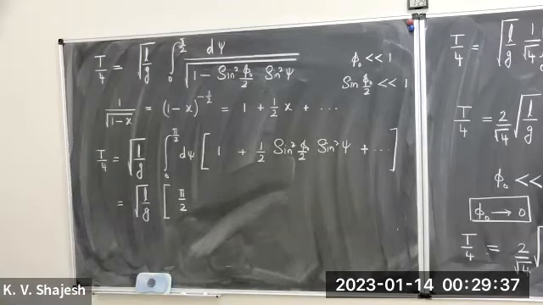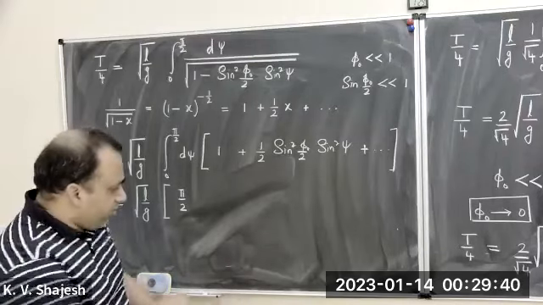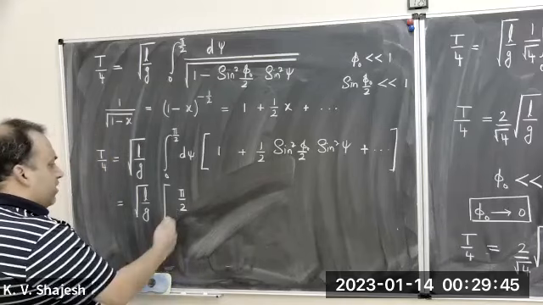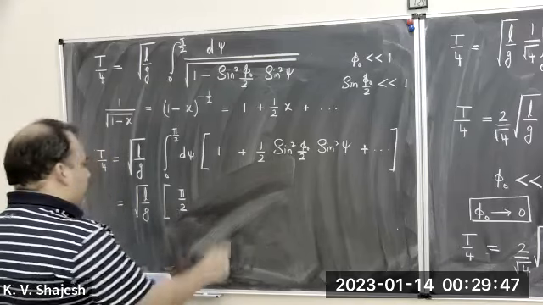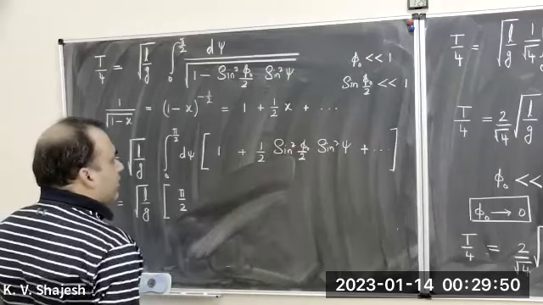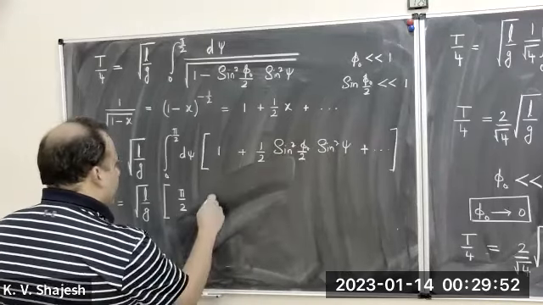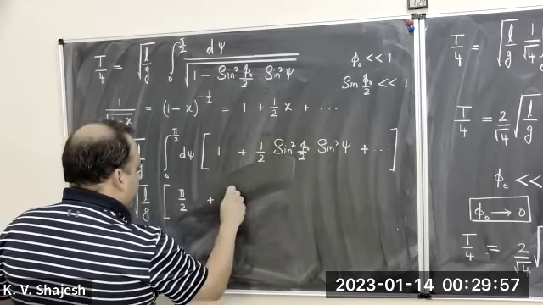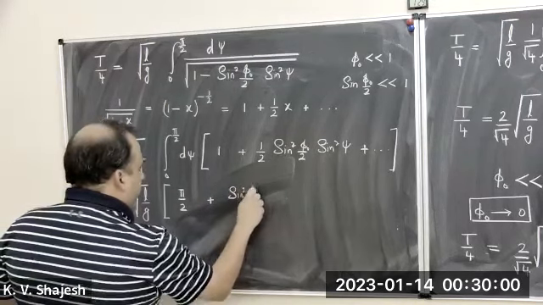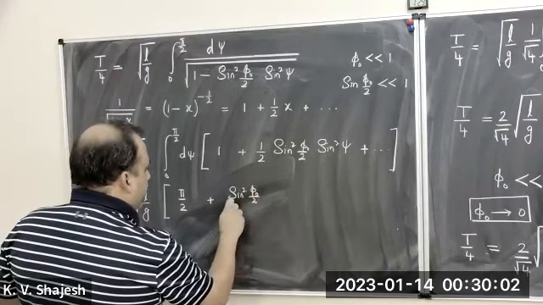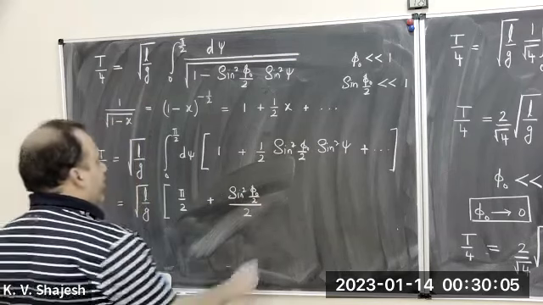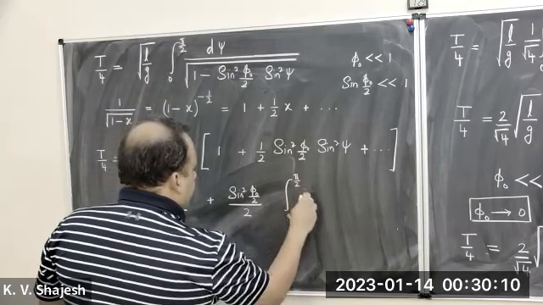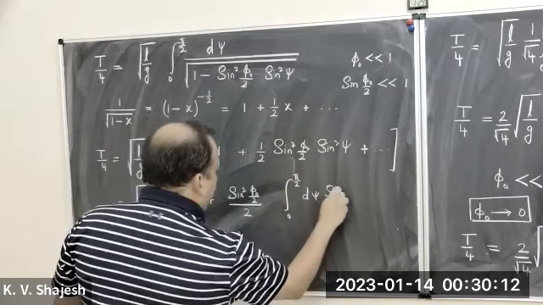That was your time period in the zero amplitude limit. That's your time period. That's what Galileo gave us. And now this is a correction to that, and that involves an integral of the kind sine square phi naught over 2, divided by 2, and we have the integral from 0 to pi by 2 of d psi sine square psi,